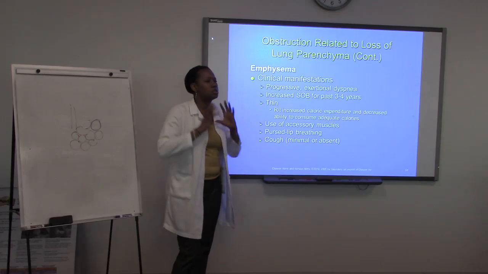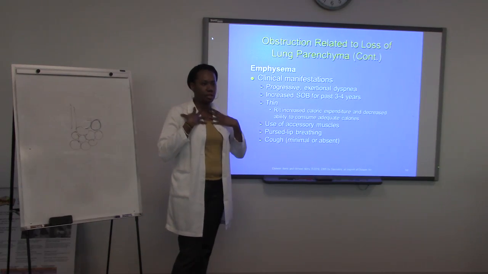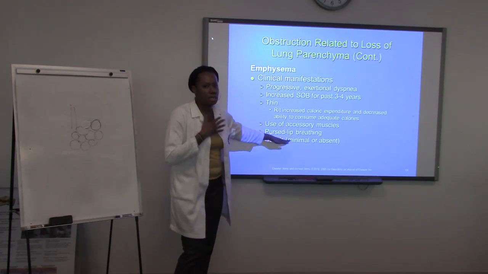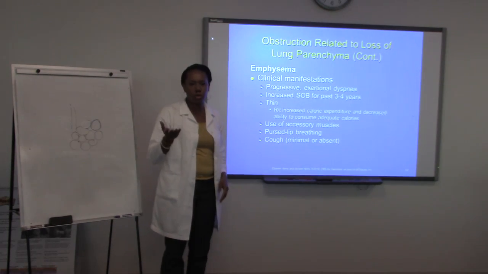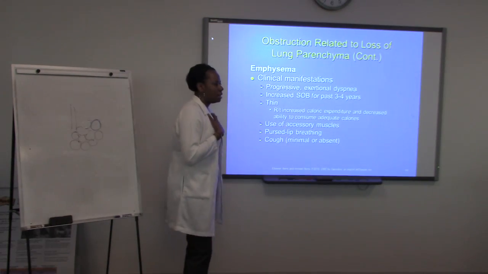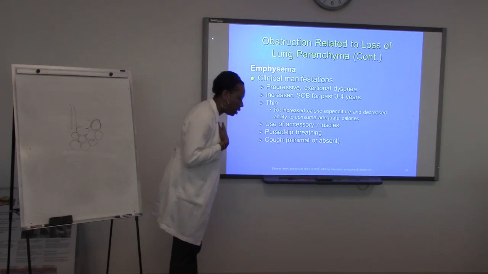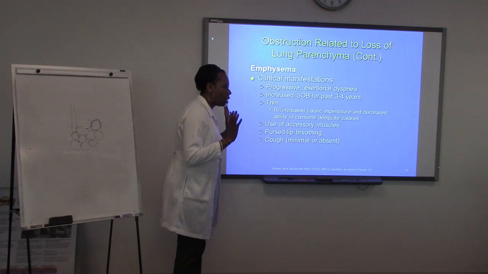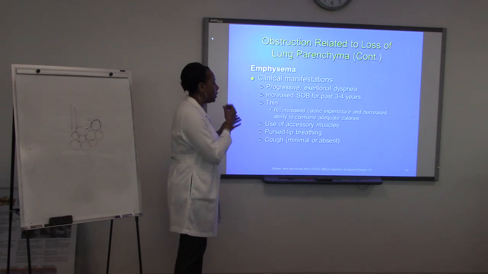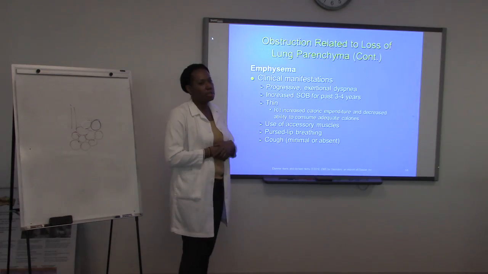They will also use accessory muscles, so respiration, to help them breathe. Pursed-lip breathing. This is what they do. So those of you who have seen patients with emphysema, they're actually hunched over because they don't have that traction to push the air out. Short breaths through the mouth. Now, if you're doing this all day,